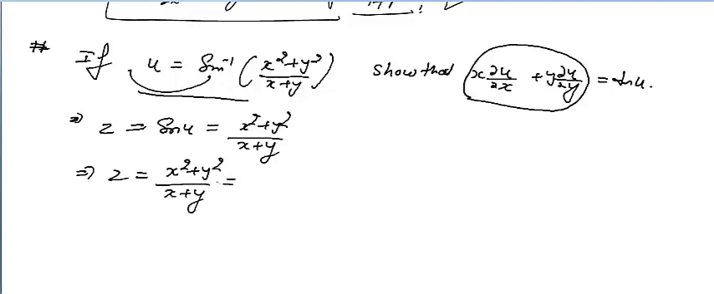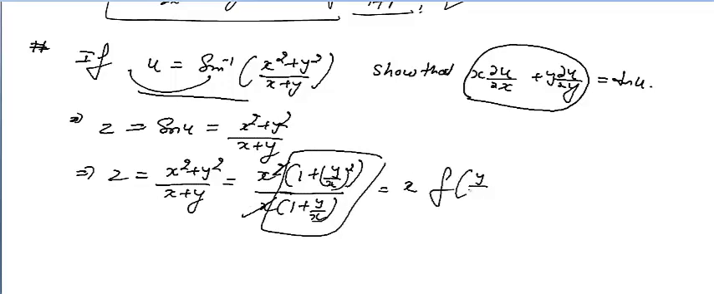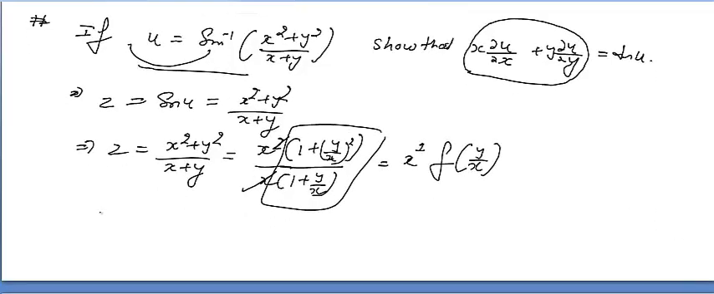Now I will check whether z is homogeneous or not. I will take x square common from the numerator, 1 plus (y over x) whole square. In the denominator I will take x common, 1 plus y over x. So this is cancelled out. You have x, and the rest of the thing is depending upon y over x. So here the degree is 1. It is very much clear from this term. So z is a homogeneous function